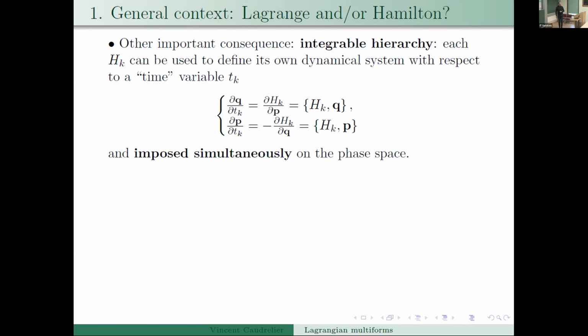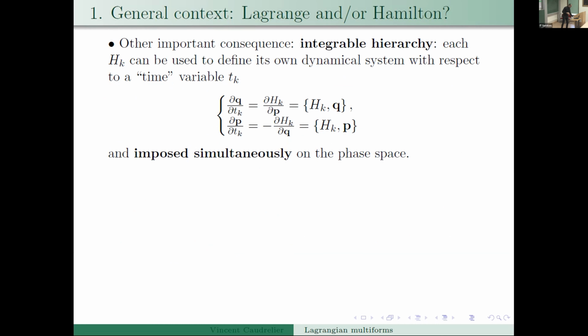One important consequence, one of the main messages today, is that when you have this collection of functionally independent functions, Hamiltonians, you can actually embed your original time flow into a family of time flows. Each is described by its own Lagrangian, Hamiltonian. Lagrangians are not here yet. So the original time I had, the unique time associated to my particular Hamiltonian, actually becomes just one of n. And the reason why I'm allowed to do that and to impose all these various time flows simultaneously